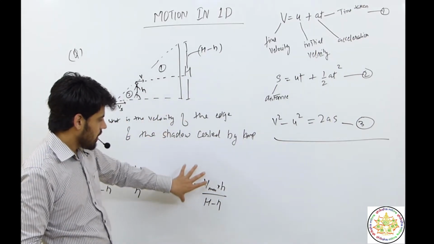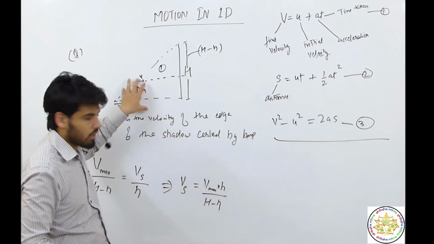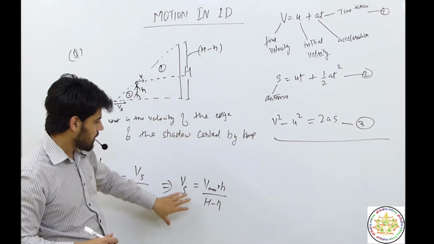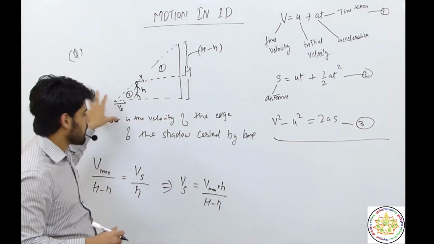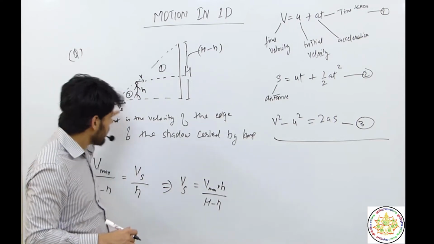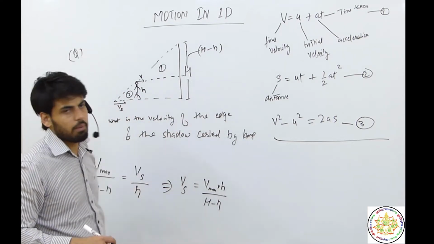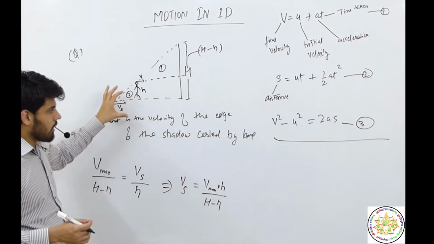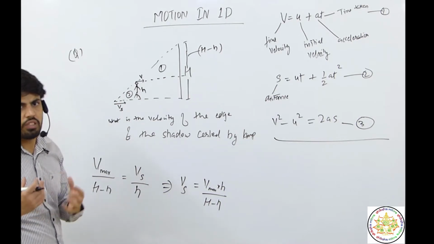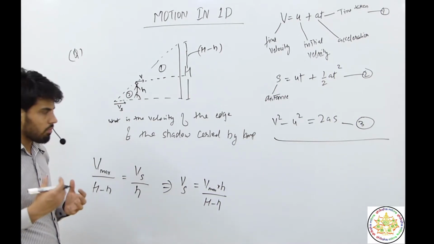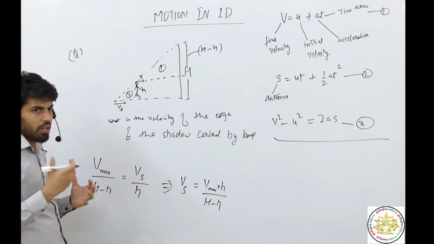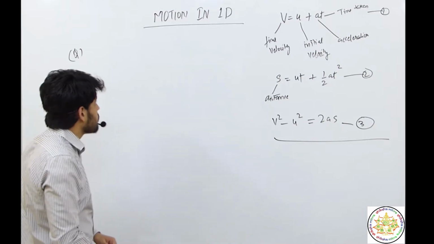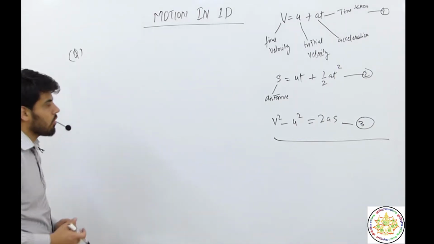In this case it is very easy. If it is a numerical type, then the velocity of man and both heights are given, and you can easily find the speed at which the edge of the shadow is moving towards the lamp. The main motto of giving this question is to give you a realistic approach of physics in the daily environment. That's why I'm taking examples which are relevant in daily life. One more easy question is there. Let's take some normal questions also.